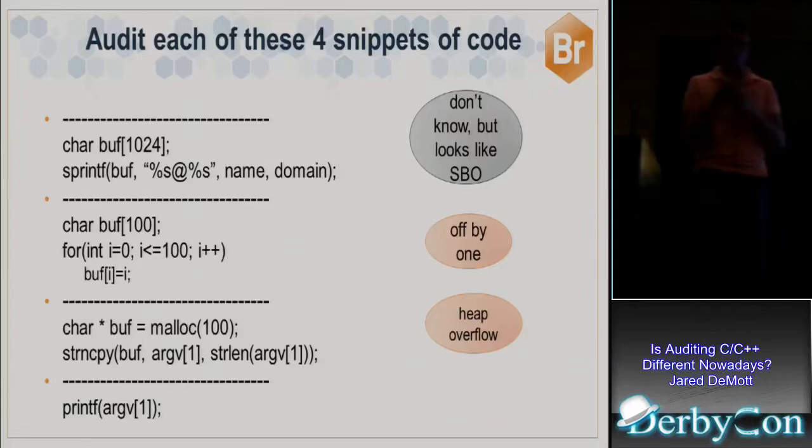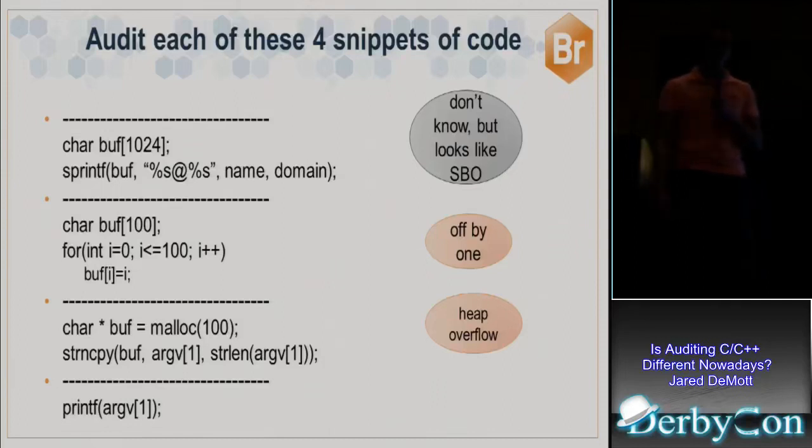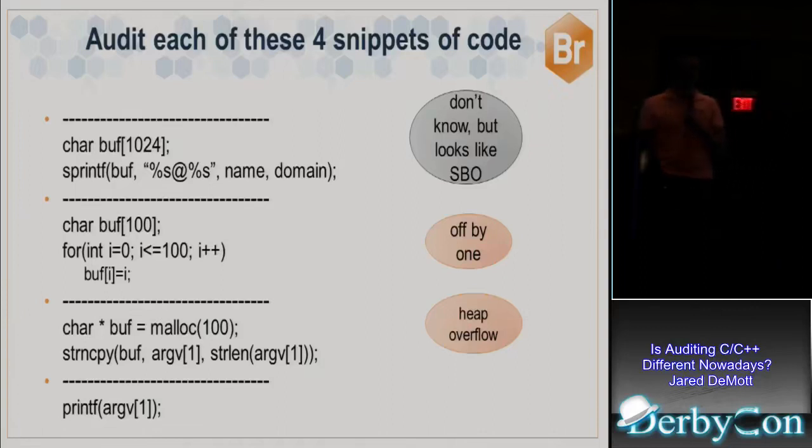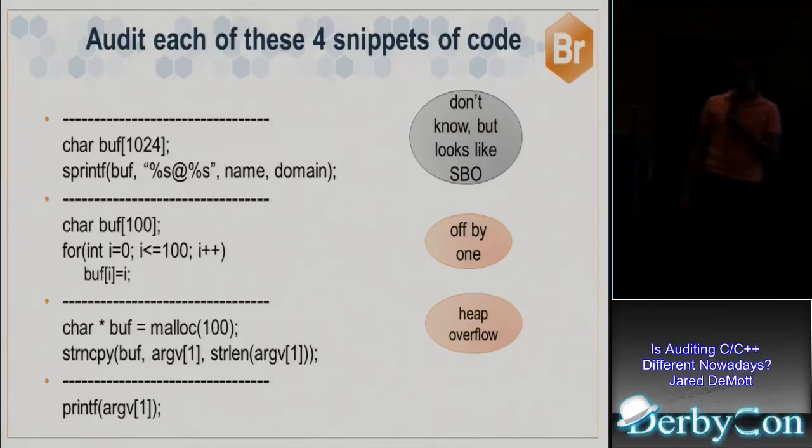They could specify a bunch of %x's, which would allow them to pop an arbitrary number of integers off the stack, right? So it could be an info leak. If there's a %n, they could actually write into memory, even though the %n's generally been nixed by MSDN and other popular compilers. So it's an old bug, but it still shows up now and again, especially in legacy code, embedded code, places where code maturity hasn't reached the same point that desktop maturity is, right?